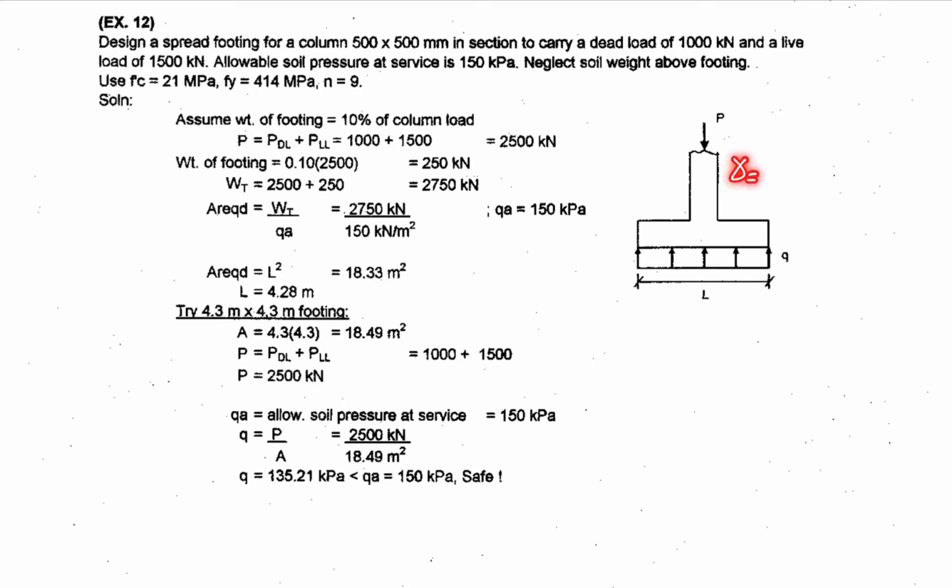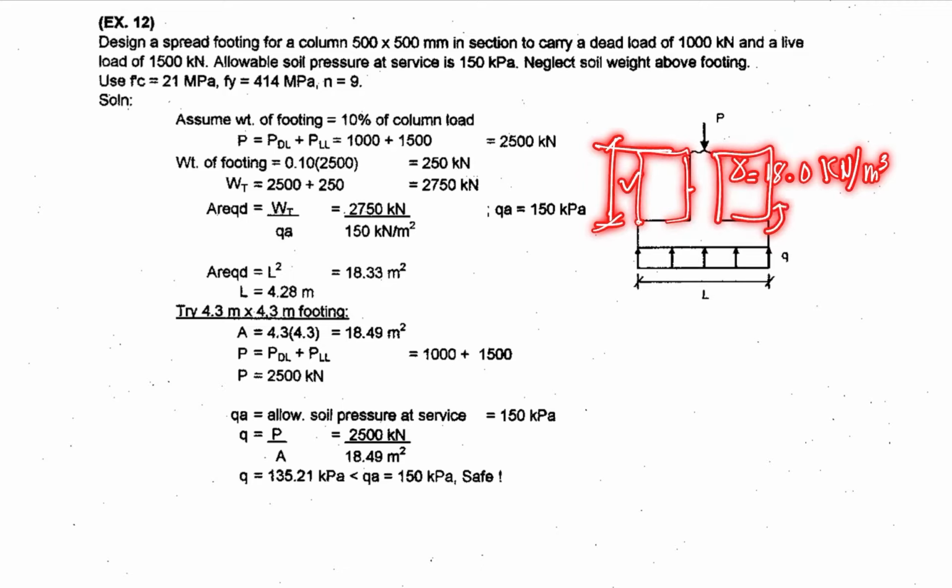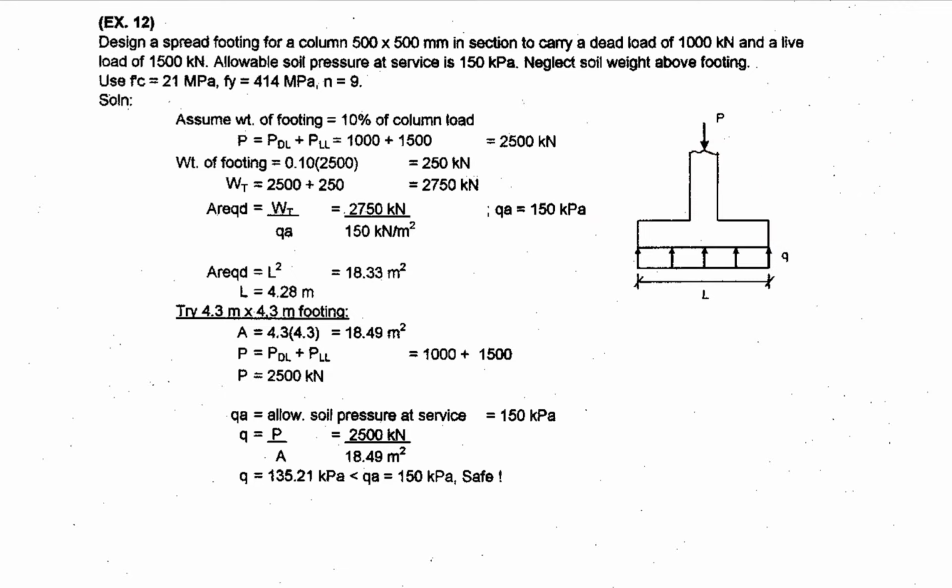So if you are given the unit weight of soil, for example 18 kilonewton per cubic meter, and in the problem you are to solve for the soil weight, you need the depth and then the size of the footing. So you compute the volume of soil above your foundation. So that is the weight of the soil above. And then you will use fc' equal to 21 megapascal, fy is 414 megapascal, and your modular ratio n